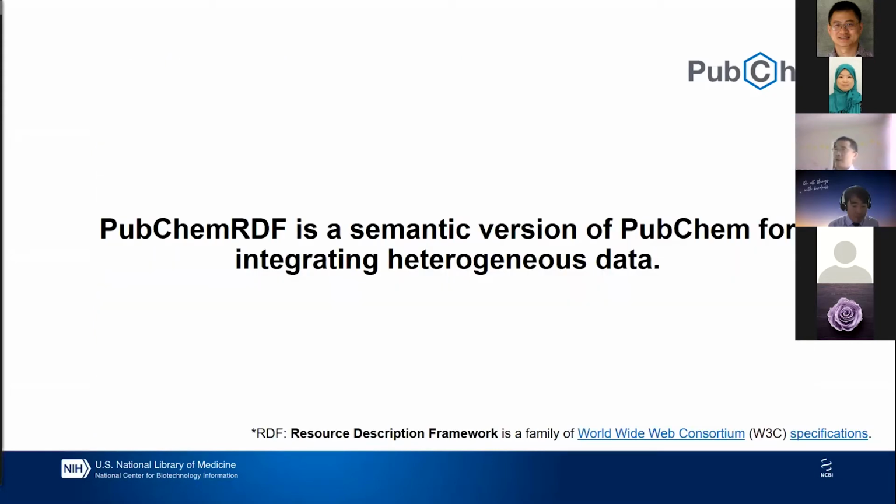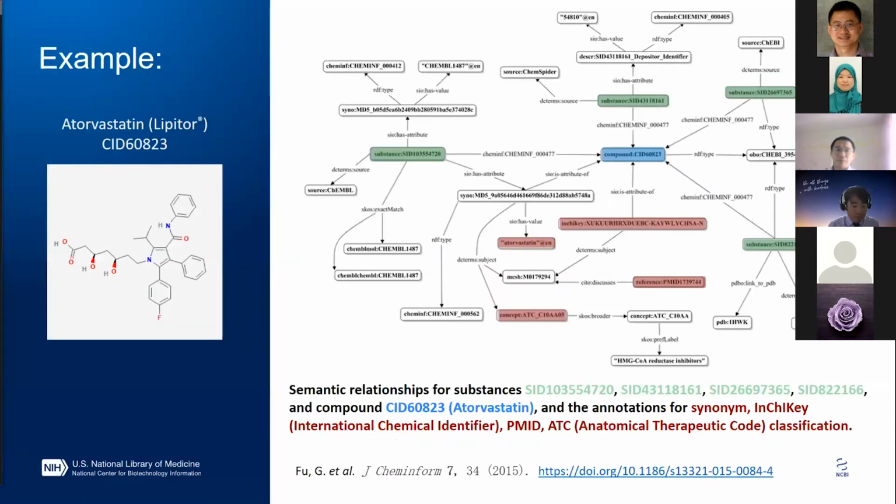PubChemRDF is a semantic version of PubChem. It is integrating heterogeneous data. Here is an example of a chemical drug, atorvastatin, or Lipitor by its brand name. There are multiple substances with different substance IDs provided by several PubChem depositors, including ChEMBL, ChemSpider, and Protein Data Bank, PDB, as shown in green in the graph. So